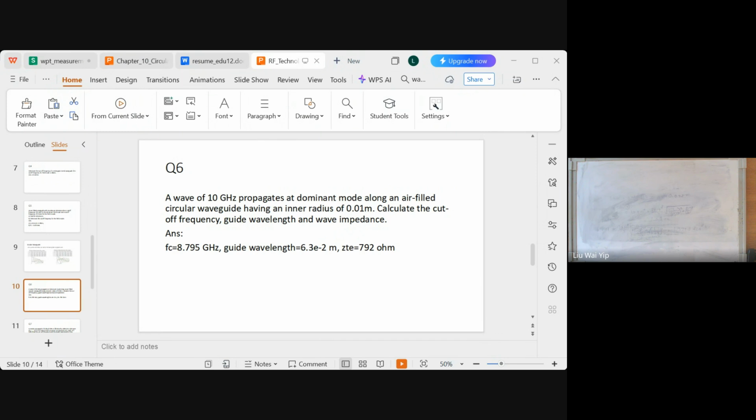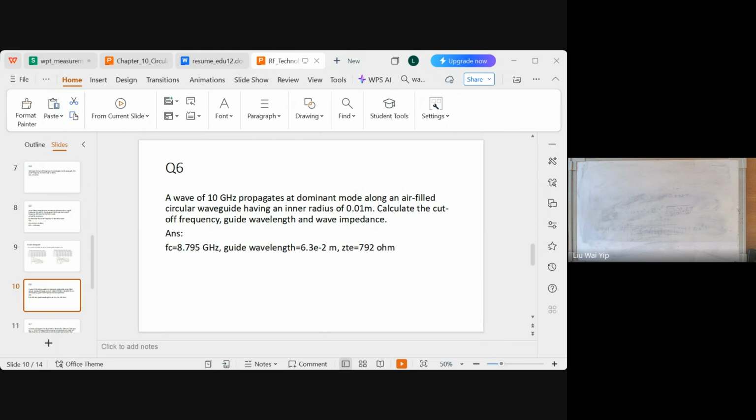According to the question, you have an electromagnetic wave of 10 gigahertz propagating in the dominant mode along an air-filled circular waveguide, and the waveguide has a radius of 1 centimeter. And we are going to calculate the cutoff frequency, the guide wavelength, the